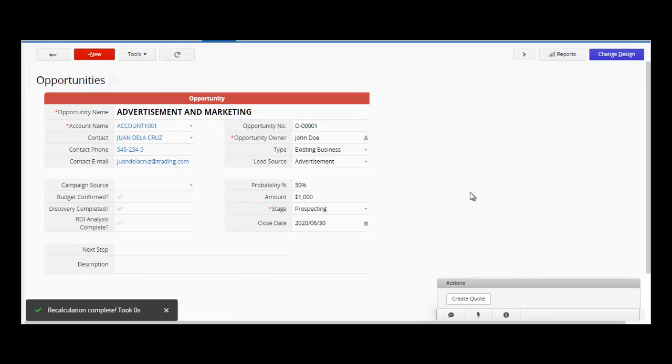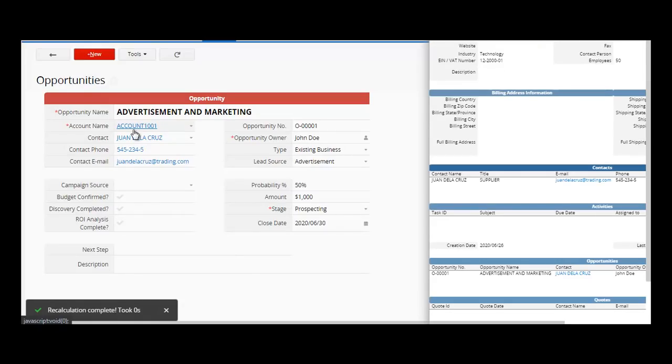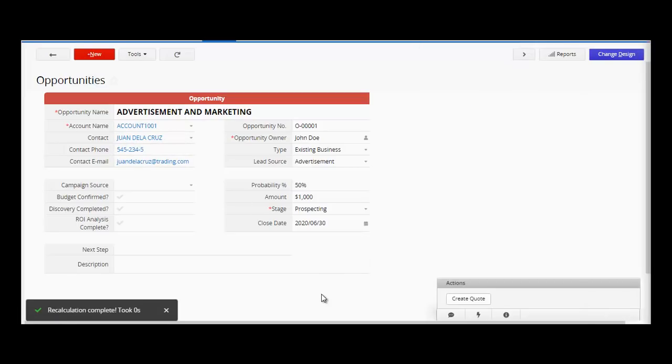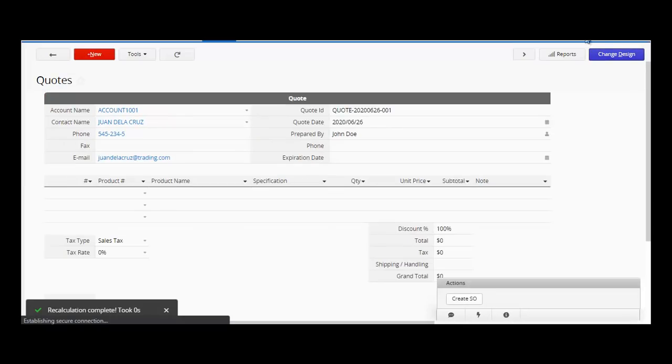Okay. And then after doing this, let's try to hover if we're pointing to. Okay. That's good. The contact name that we create is also correct. Now, the system is asking us if the record that we made can create an action to create quotation. That's good. So let's try to test. Okay, so this is very nice because